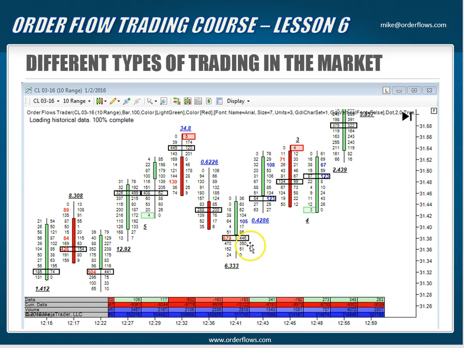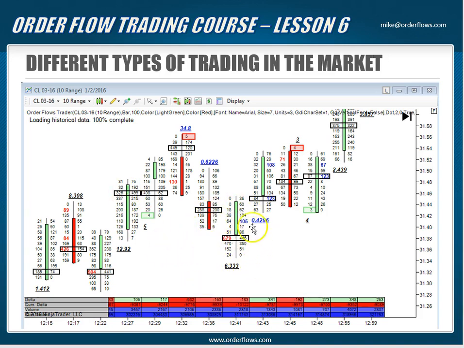Why isn't the market selling off? Why isn't it going lower? There's a lot of people selling, 679 lots, 470 below it. You've got to understand what's going on. There's somebody bidding there. When you're seeing size like this in a market, understand your market and understand what's solid size, what's big size for that market.